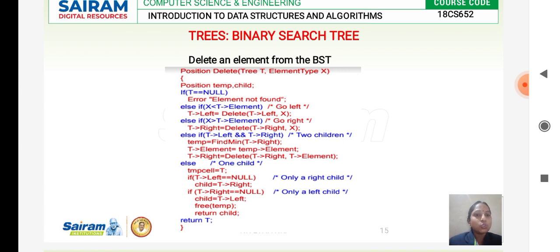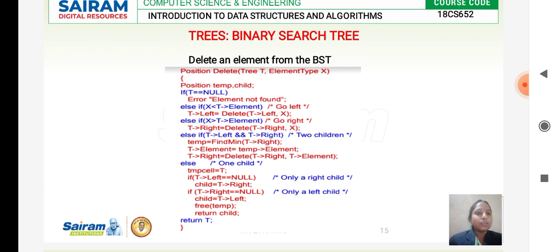If it has two children, what are we going to do? If we are going to delete a node which has two children, we consider both T of left and T of right. Since it has two children, we find the minimum of T of right. Towards T of right, we find the minimum element and place that as T of element.